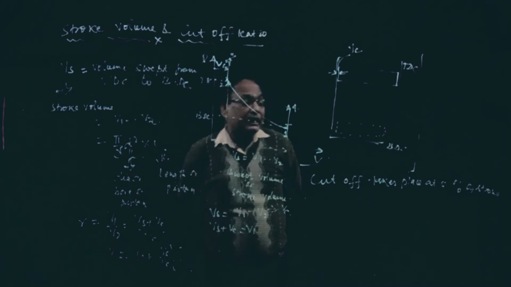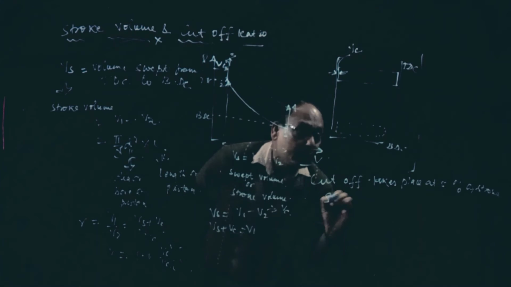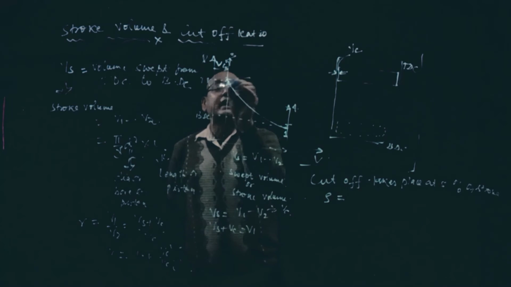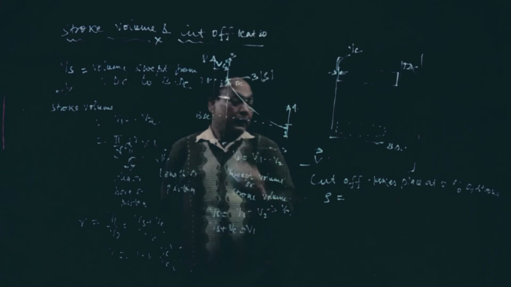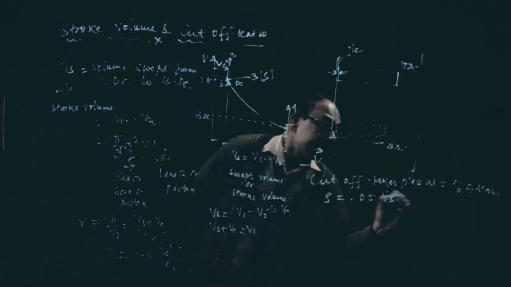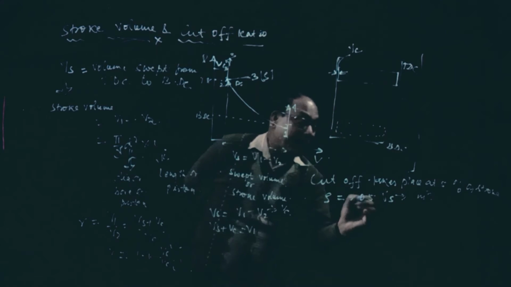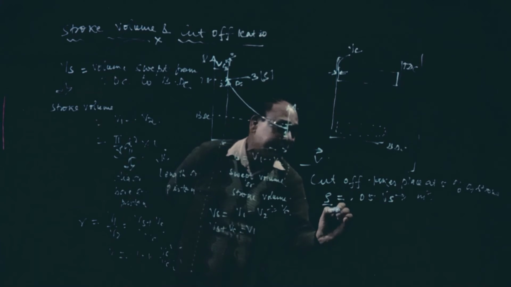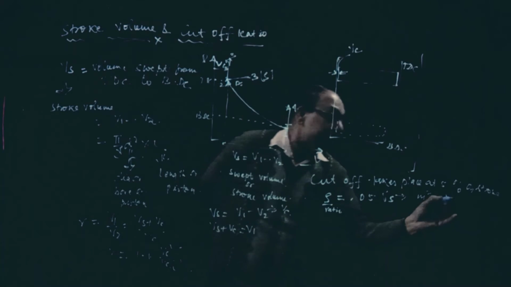What the students are doing, cutoff means rho. See now, if we take this one, that is pressure constant, so it is 3 and this rho. So rho, the cutoff, is 0.05 of stroke volume. Now stroke volume is meter cube, so 5% will also be meter cube, but it is a ratio. It should not have the unit. So this statement is wrong.